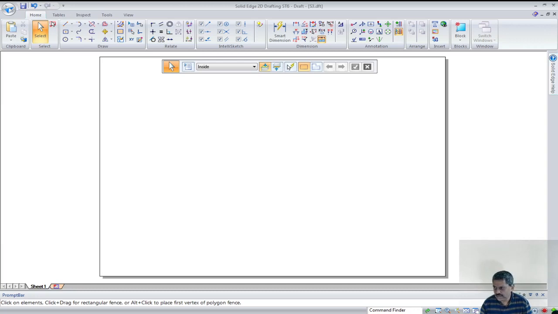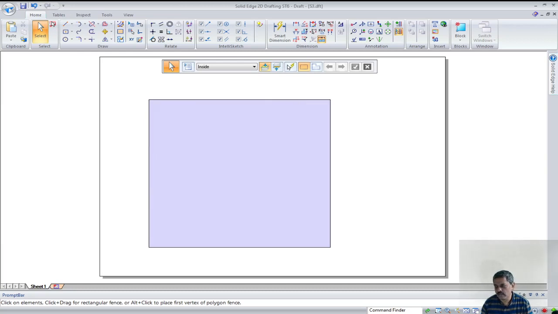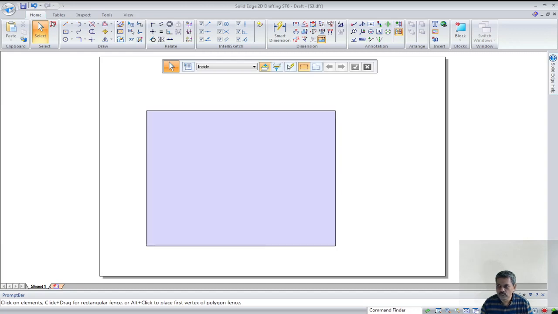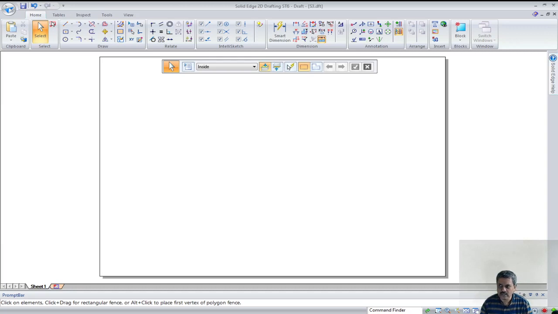So you know that this mouse pointer, having an arrowhead with a small circle, indicates that you are in selection mode. That means whatever graphics you draw over here can be selected just by clicking on it directly, or by creating a window. From top left corner to bottom right corner gives you one kind of selection mode, and from bottom to top gives you another mode, called crossing, and this is called window mode. Anyway, you will understand later how to select that.